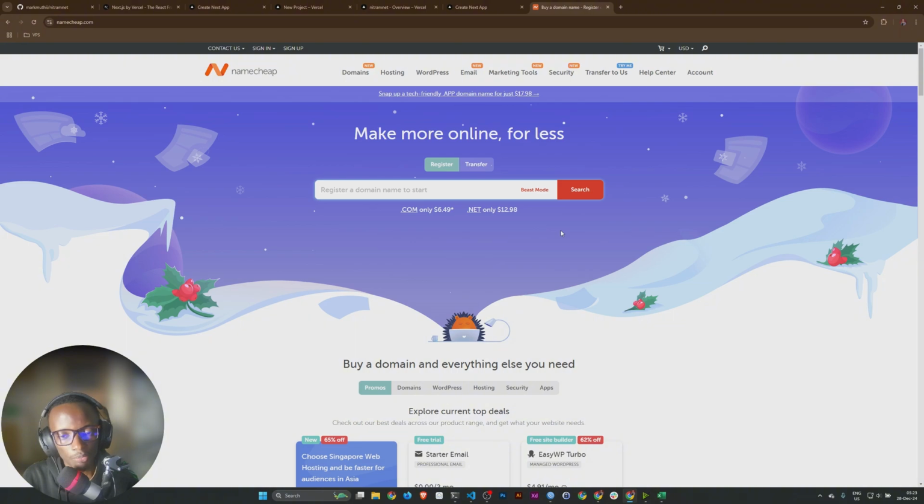So they have some of the best prices you'll find around. I think the only competitor in terms of price is Cloudflare. I've not bought a domain from Cloudflare, but what I know about it is that Cloudflare doesn't mark up the domain price, so the amount that it costs them to register that domain is the amount that you pay. So Namecheap, I love them. The interface is perfect. Their support, top notch.